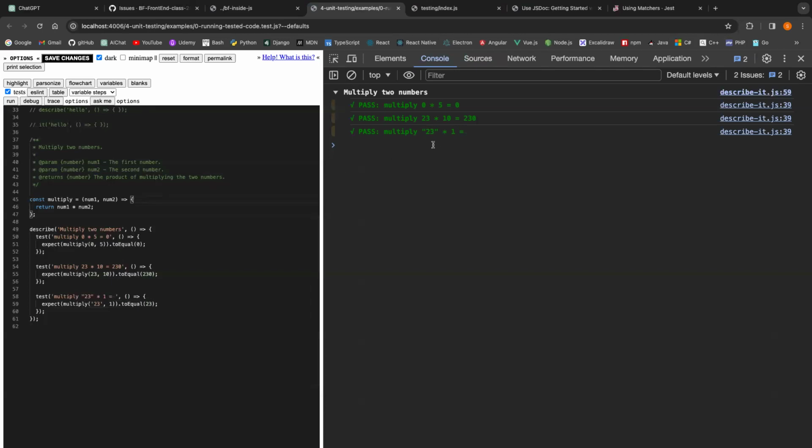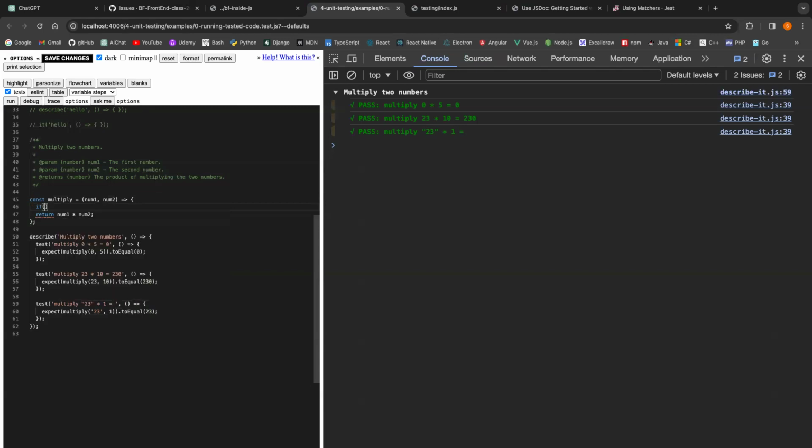I shouldn't have a string as a parameter, because my function should only be able to pass numbers. What should I do? Well, I can just add a condition, right? I can just say if. How could I know if num1 is a number or not? We have an operator to check the type of a variable, right? Typeof. Yes, so if typeof num1